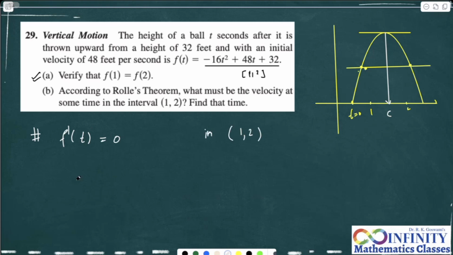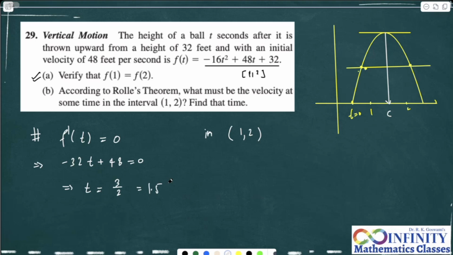Simplify this term. Basically we have to set it to 0. So I differentiate the whole thing: negative 32t plus 48, and that's it. And what should it be? 48 divided by 32 is going to be how much? That is 1.5. So at 1.5 seconds,